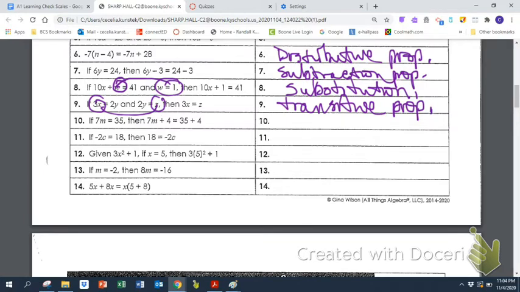And number 10 is addition property. So let's pause the video and let's try the next group. Okay, on this next group, hopefully you got